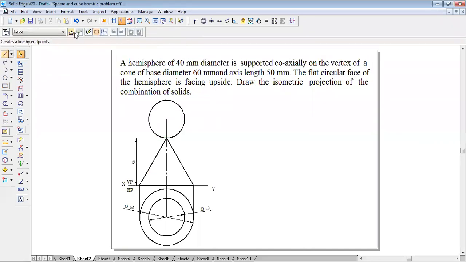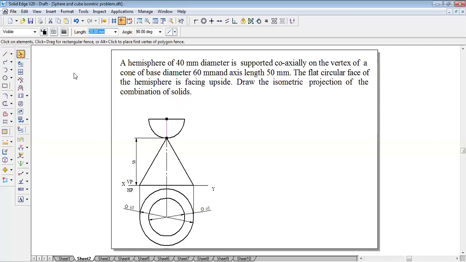Now I'll take the line command and make a visible line from this point to this point. I've drawn one line. It is exactly half of the sphere. So I'll remove the unwanted portion of it. This is the axis line.